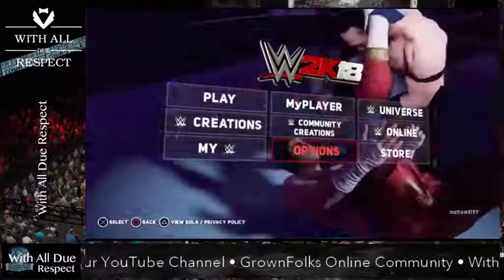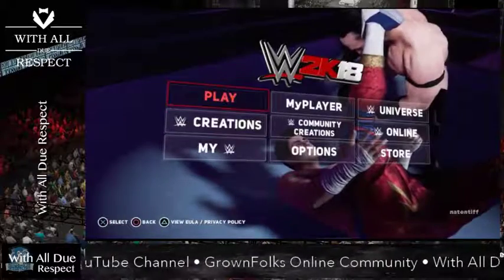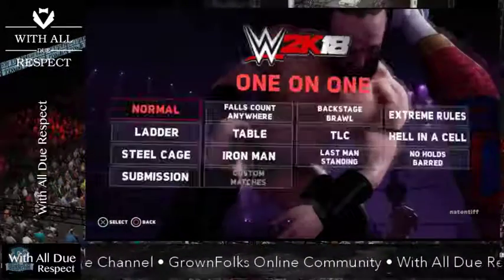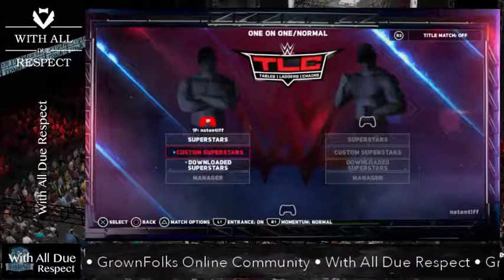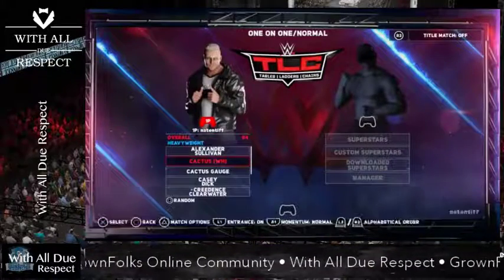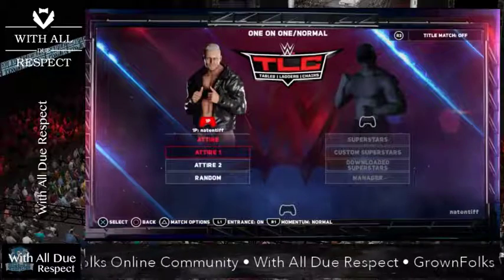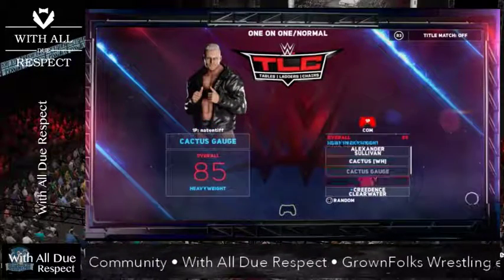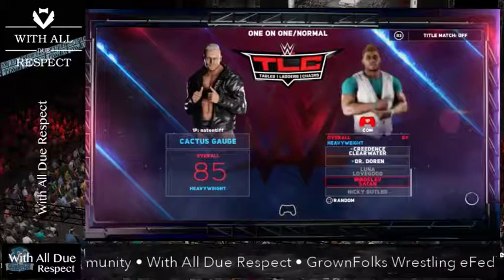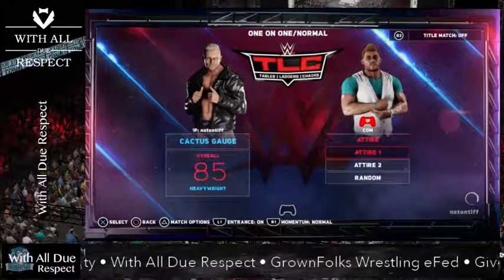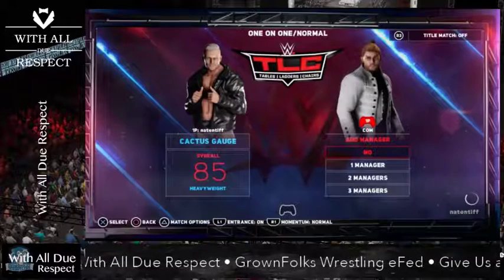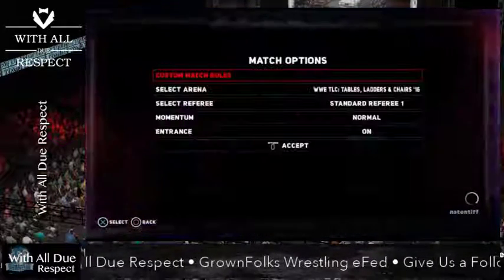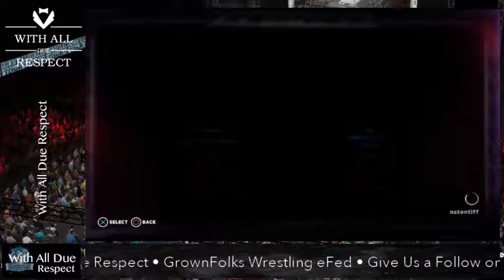And then finally, after you've created your entrance, how do you actually put that into a match? I just go to one-on-one. I pick my superstar who I want the entrance to be. I put him first. You can pick any superstar. I usually pick one of the downloaded guys just so that there's no crazy run-ins or anything like that. You hit match options, select arena,